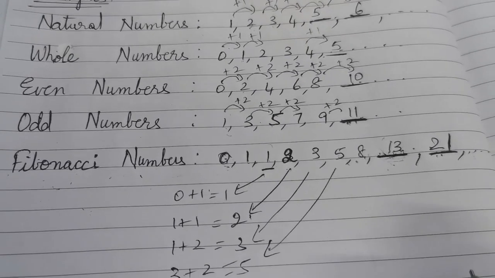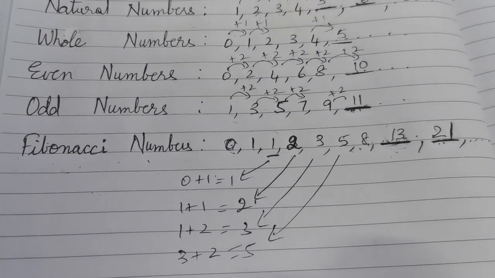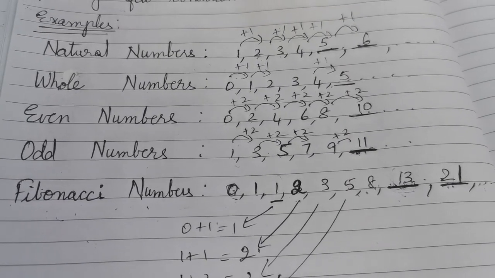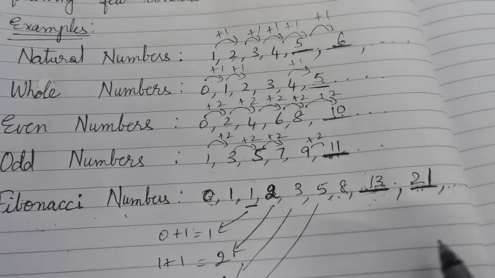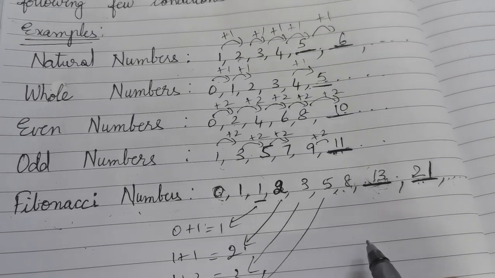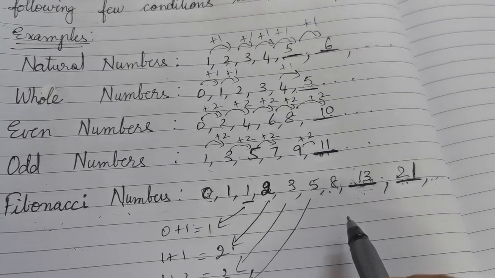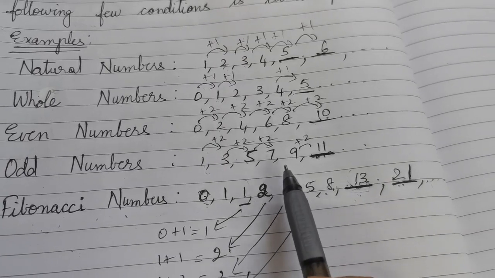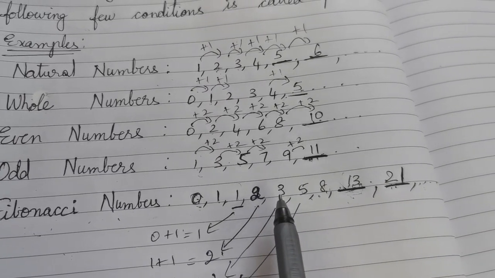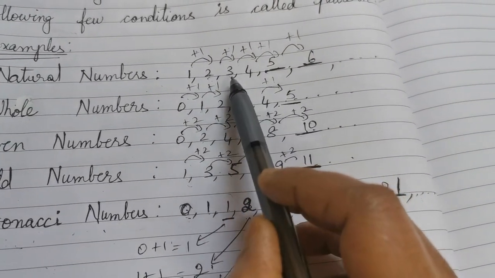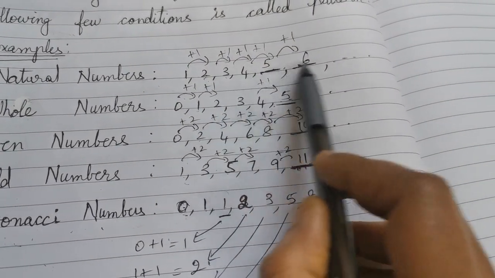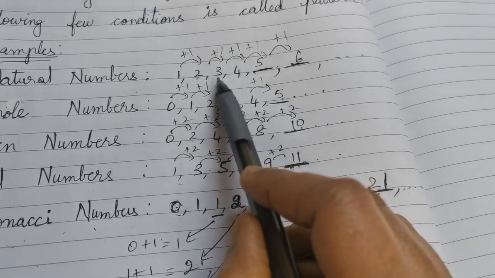So there are two types of patterns. Now linear pattern and non-linear pattern. Linear pattern is the pattern where you will have the difference as the same between any two consecutive terms. For example, if you take here 3 and 4 are consecutive terms, 5 and 6 are consecutive terms. The difference between